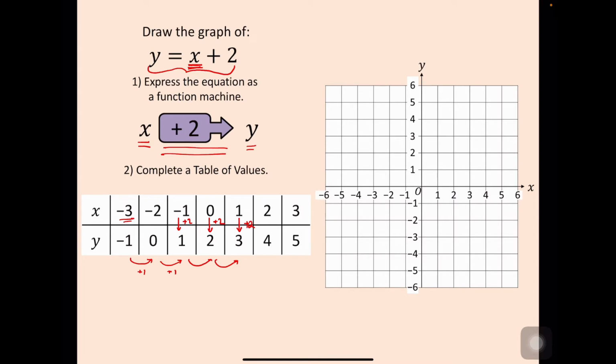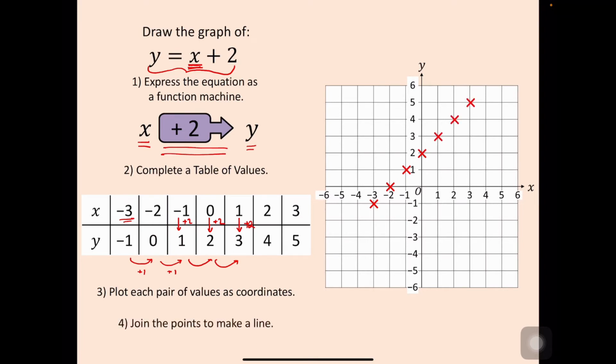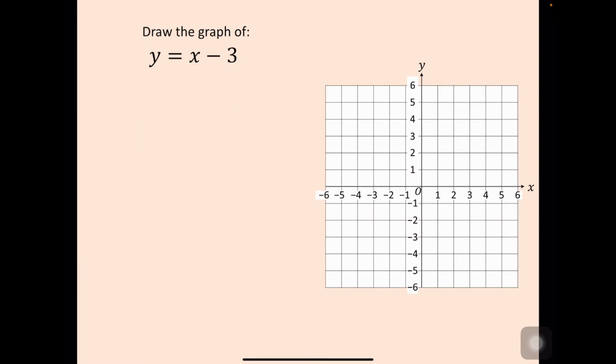Now we plot these coordinates on the grid. So negative 3, negative 1, negative 2, 0, and so on and so forth. Lastly, we draw a line through all of these points. Okay, and of course always label your line. Moving on to the next example,